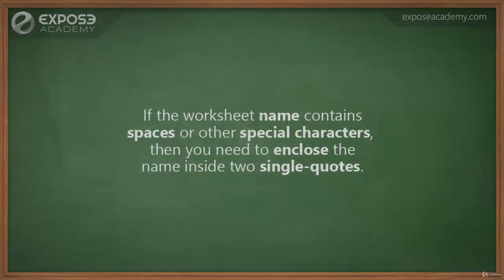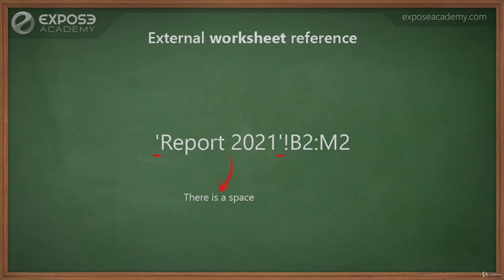Sometimes, the name of the worksheet that you want to target contains spaces and/or non-letter characters such as minus symbols and so on. For these worksheets, it is not enough if you just use an exclamation symbol to target the worksheet name. You must also enclose the worksheet name within single quotes. After the closing quote symbol, then you can type in the exclamation symbol. Again, you don't need to add these single quotes if the name of the worksheet does not contain any spaces or special characters.